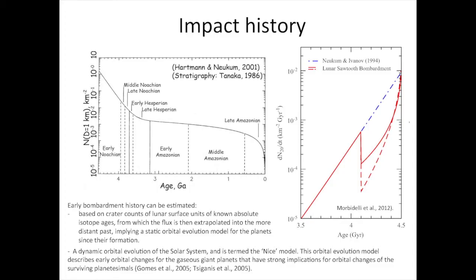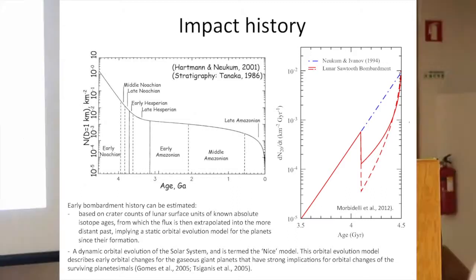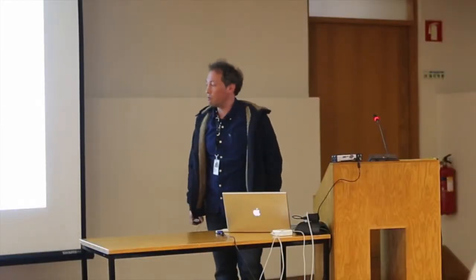To date the craters that we see on Mars, we have to use chronology. One of the models that we can use is based on the crater counts of lunar surface units with known ages. This is the standard model given by Hartmann and Neukum on the left-hand side. Note that in these models, especially this part, we lack information because we don't have the records of early cratering structures on the Moon or on other solar system objects.